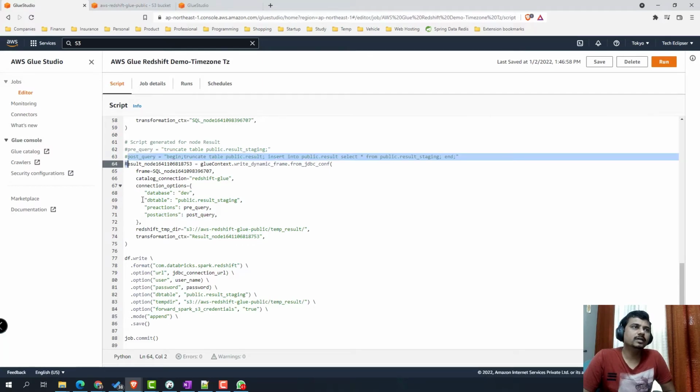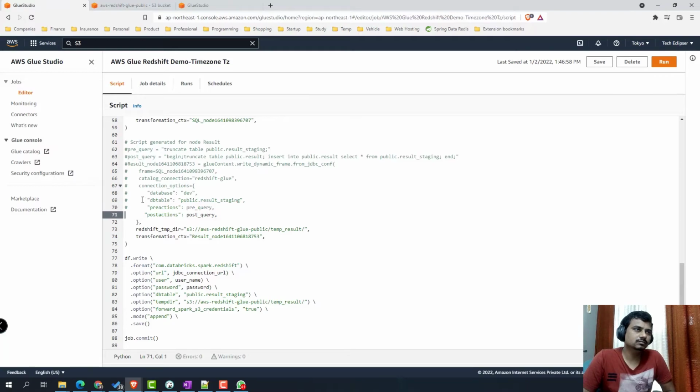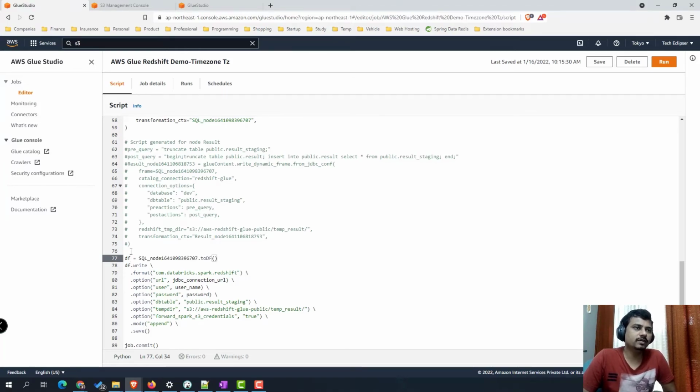So we'll comment the above section. So now we have created code for writing into the staging table. We'll do some additional changes on top of it.